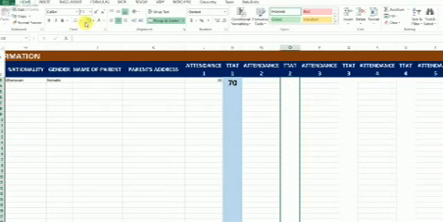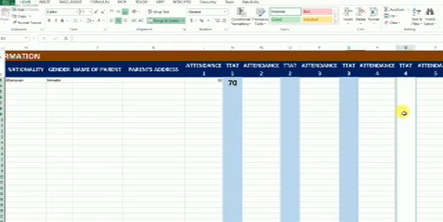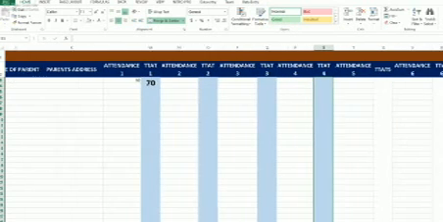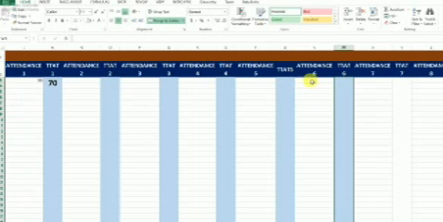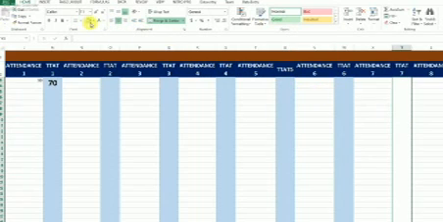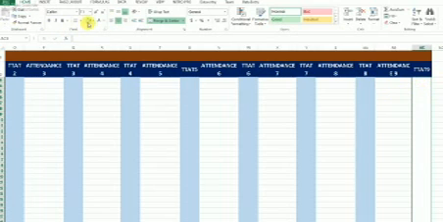Change this side, then change this one too, so that you'll be able to know that that's where the total attendance are located. The choice of color depends on you. Any color that you want, you can select. Then the last one, you change it.